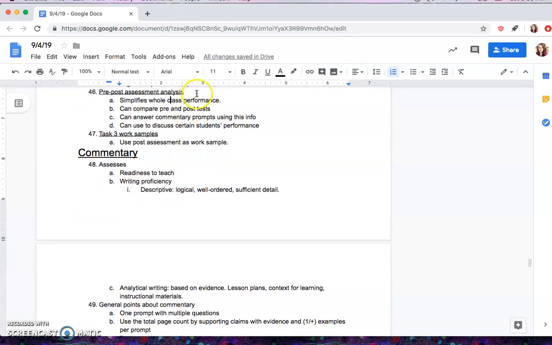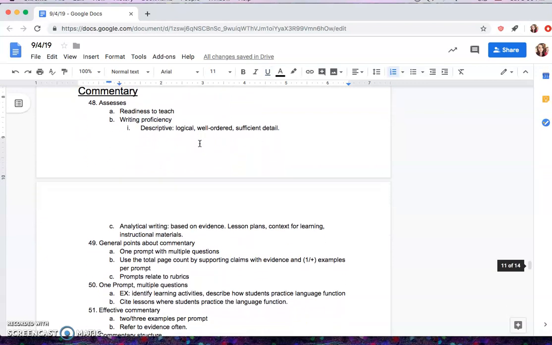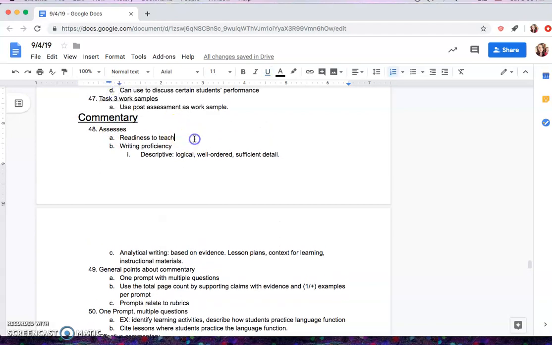Pre-post assessment analysis. When you are teaching your lesson, you can look at your student data in multiple ways, but one way is to compare their pre and post test performance. If the students don't do extremely well on the pre-test, but they did extremely well on the post-test, you can infer that they learned a lot. Let's see. Commentary. Within the commentary portion of the ETPA, the candidate